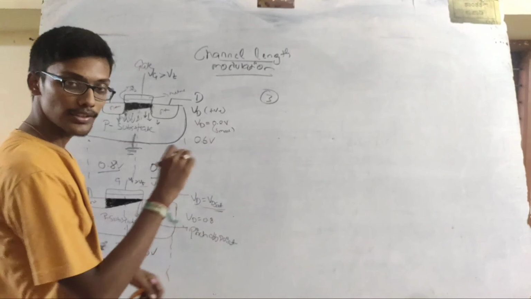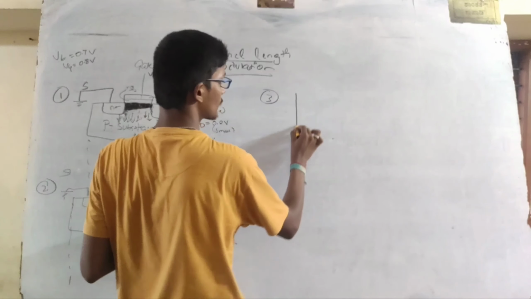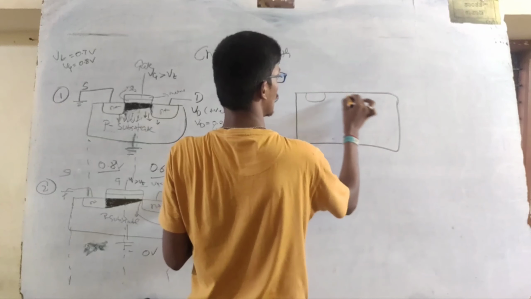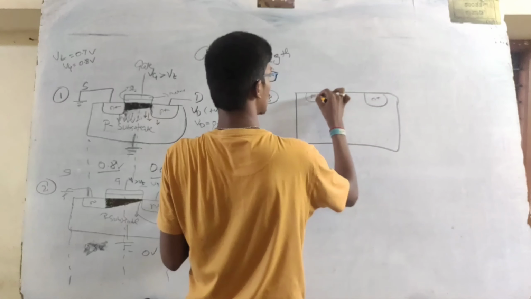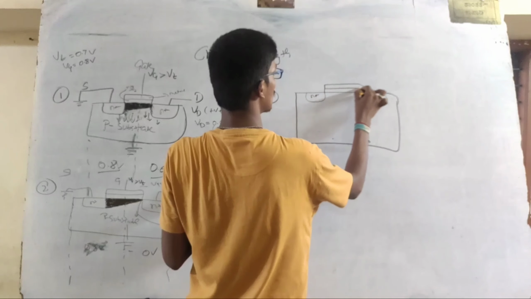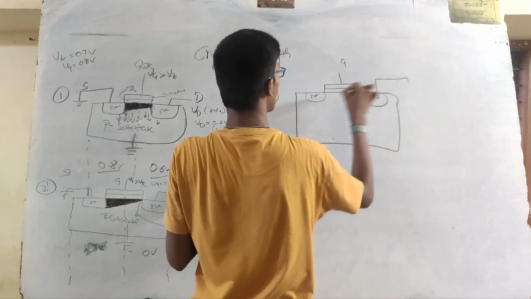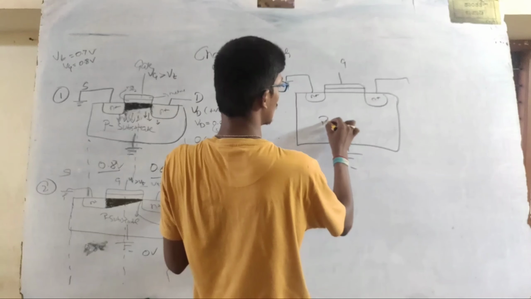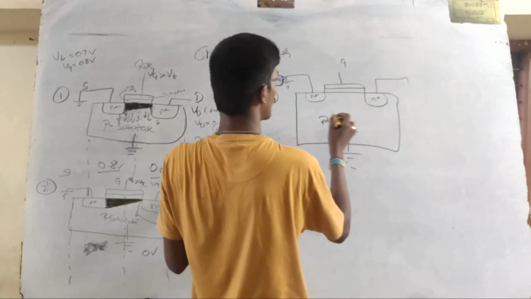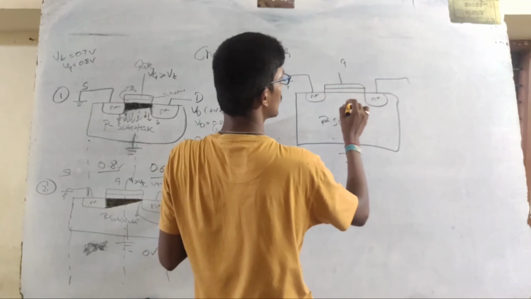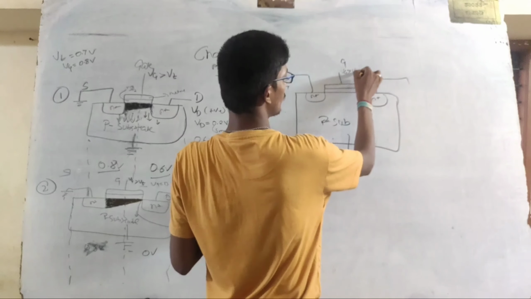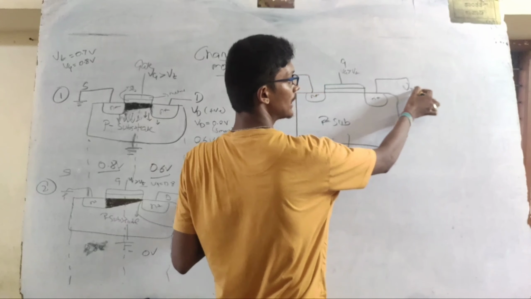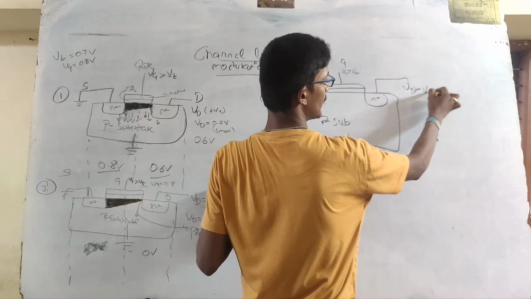when Vd is greater than Vsat. Fine. I have my N plus regions here. Gate, Vd, source which is grounded, substrate which is grounded, P substrate. Okay, this is metal, this is the oxide layer. So Vg is greater than Vt, we have applied. So this is the Vd terminal, right? So what I'll do is Vd will be greater than Vd sat.